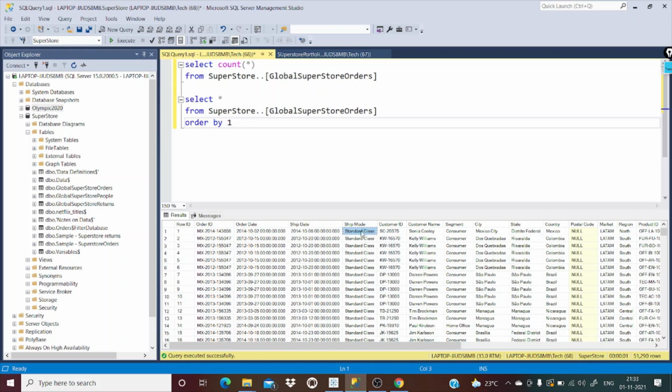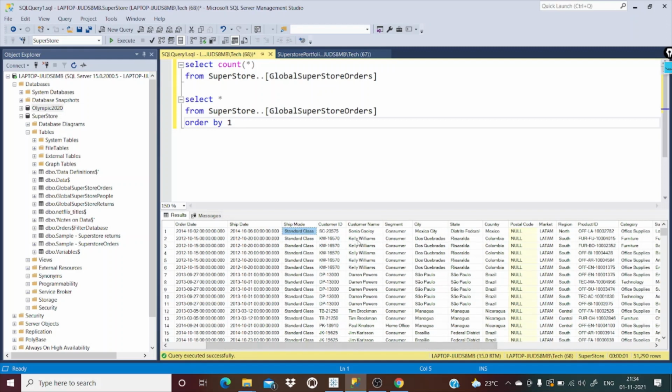And then ship mode, there are different ship modes. We can further query and check what are the different types of ship mode. And then this is the customer name. Obviously, one customer can place multiple orders.